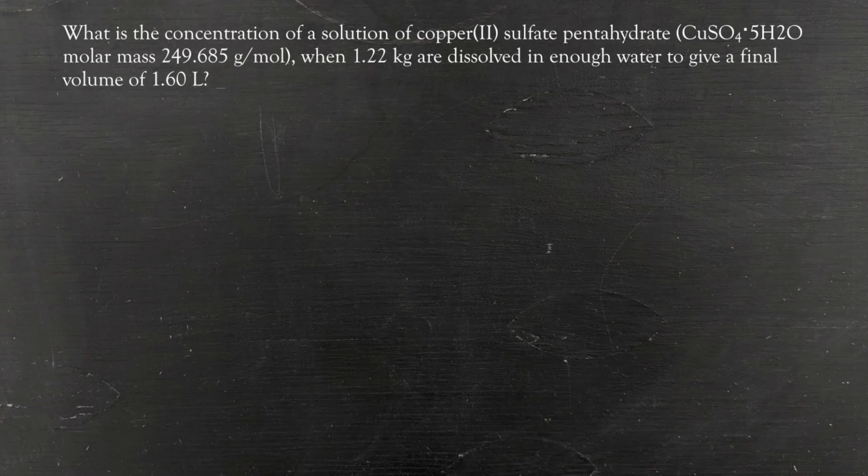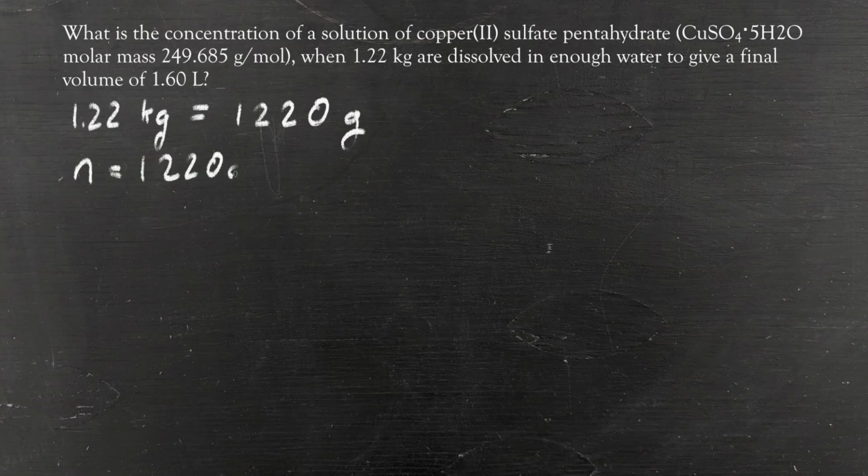of 1.6 liters. The trick here is noticing that the mass we have been given is in kilograms, but molar mass is in grams per mole. So we are going to need to convert 1.22 kilograms into grams. Remember that there are 1,000 grams in a kilogram. Therefore, 1.22 kilograms is equal to 1,220 grams. From this conversion, we can determine that the number of moles will be 1,220 grams divided by